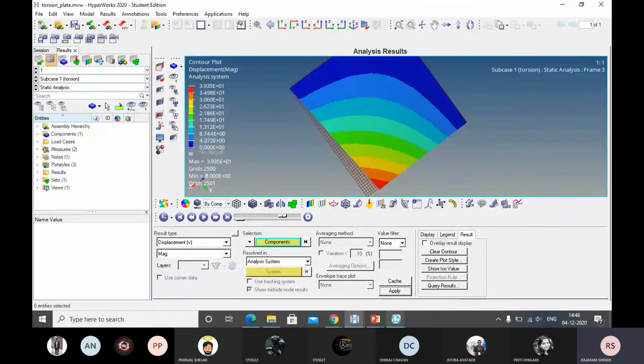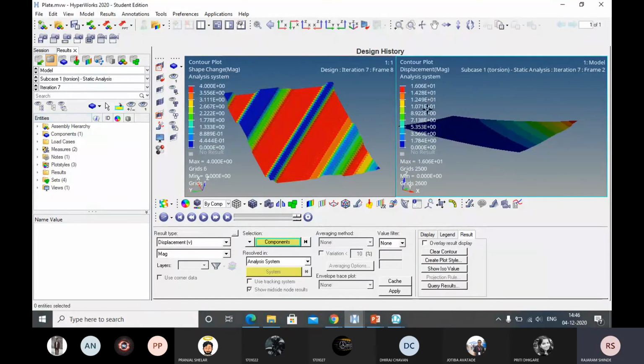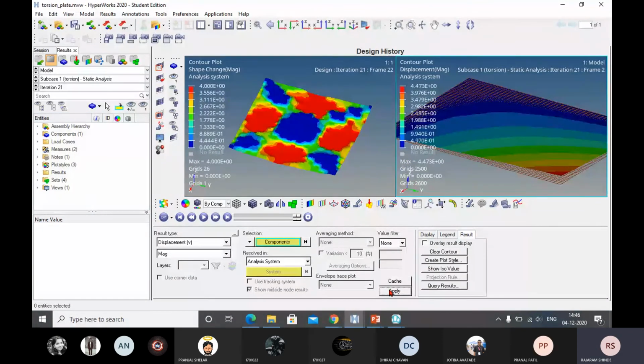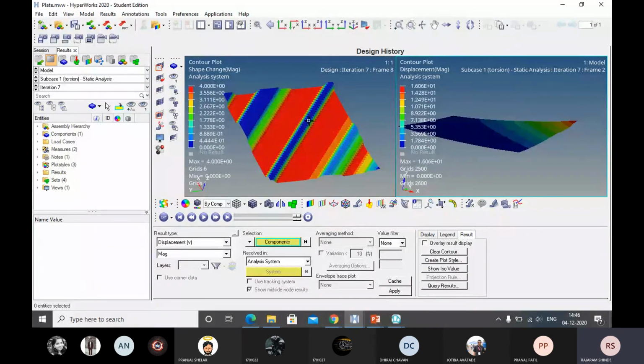In the second case, it is 4 millimeter only, and in the third case it is 16 millimeter. This is giving very small displacement as compared to the other two components, but this type of shape we cannot manufacture, or there is a problem in manufacturing, so we are going to prefer the last one. That means it is suitable for manufacturing.